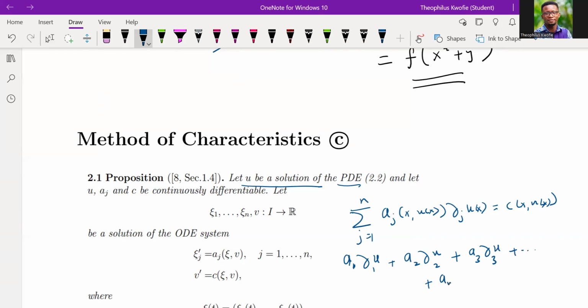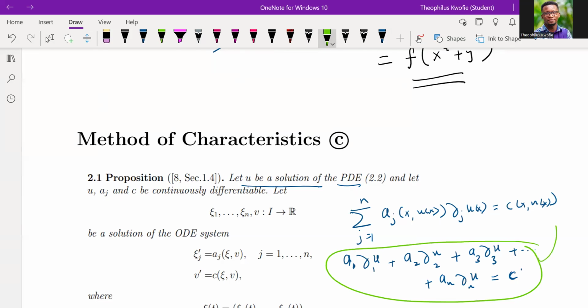So in that case, we're going to have an, the partial of u with respect to xn, equal to c. So this is just an expanded form of this compact,